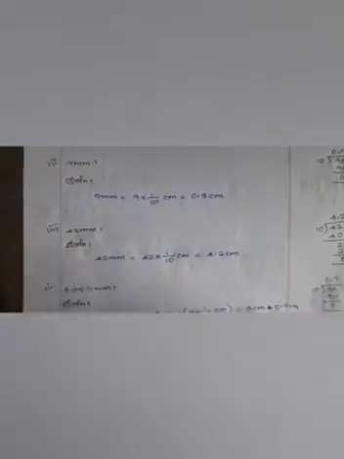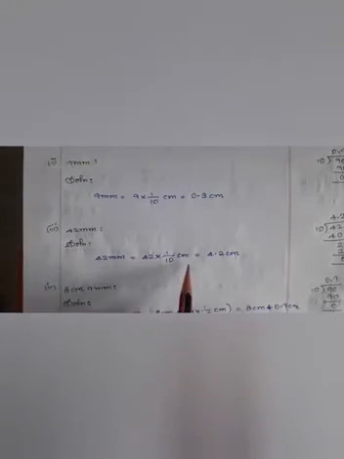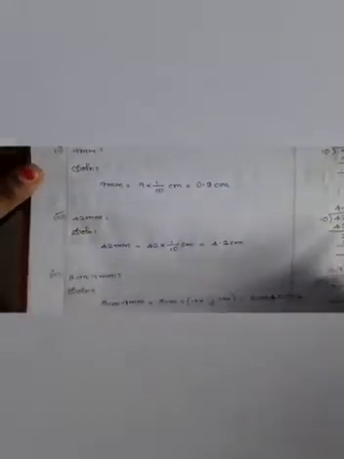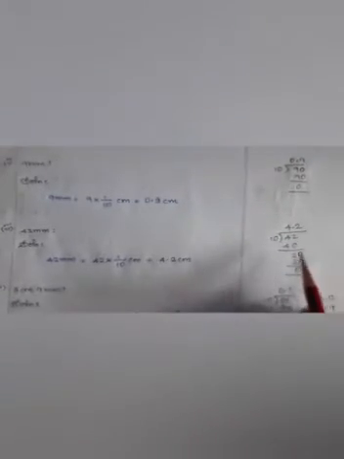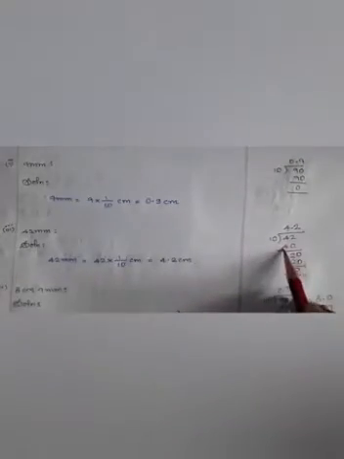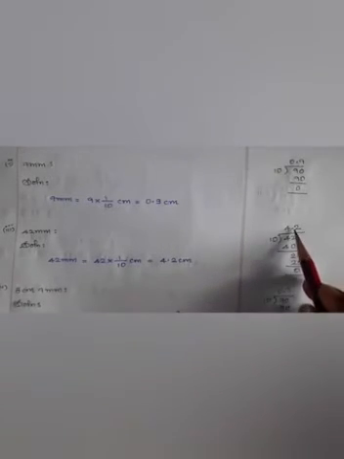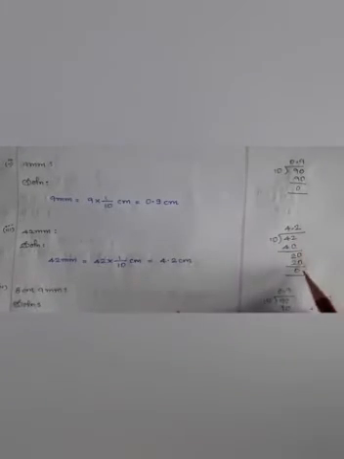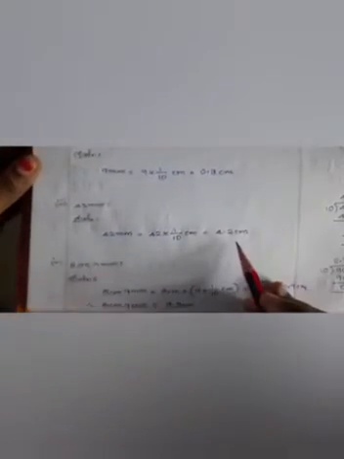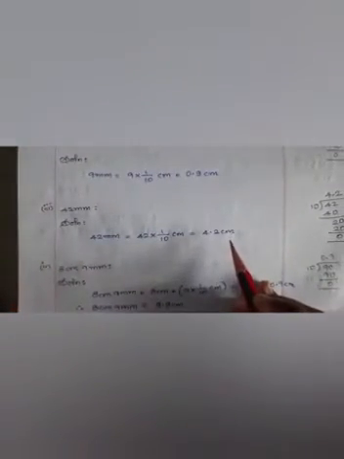Next, they have given 42 millimeter. 42 millimeter is equal to 42 into 1 by 10 centimeter, because we know that 1 millimeter is equal to 1 by 10 centimeter. So when you divide, 4 tens are 40, decimal point, since 2 is smaller than 10, put one decimal point, add one 0, 2 tens are 20, 0. Therefore the answer is 4.2 centimeter. Clear? Yes.